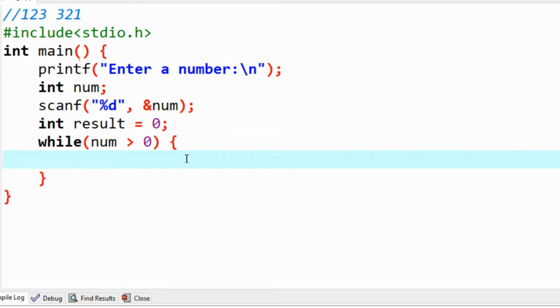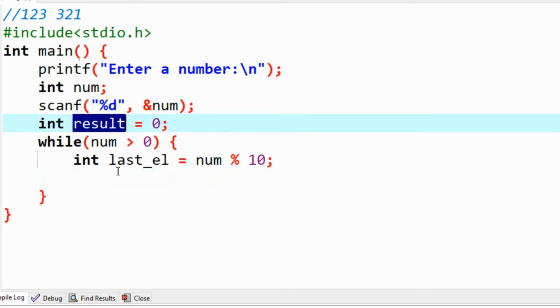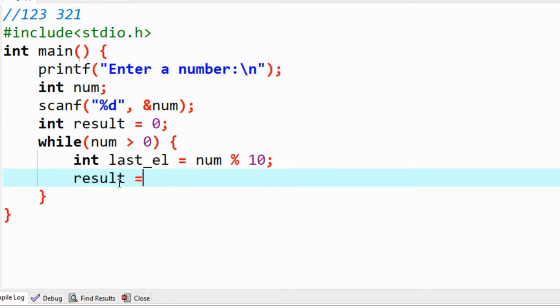So what we will do is we will create one last element. Then we will take this result and multiply it by 10, and add the last element to it.